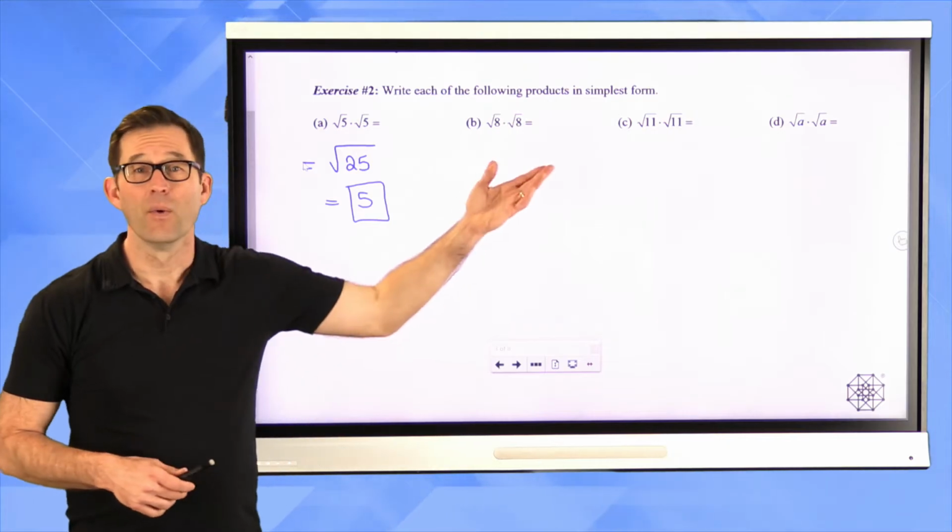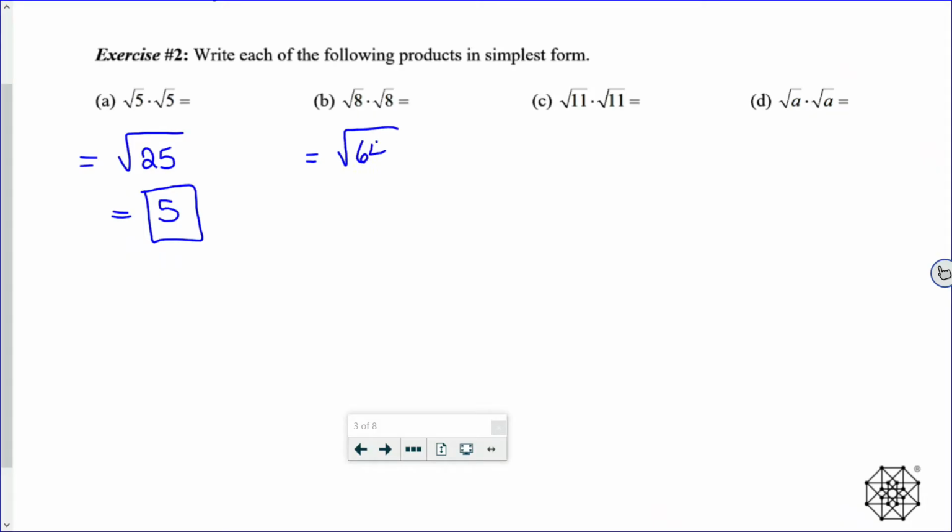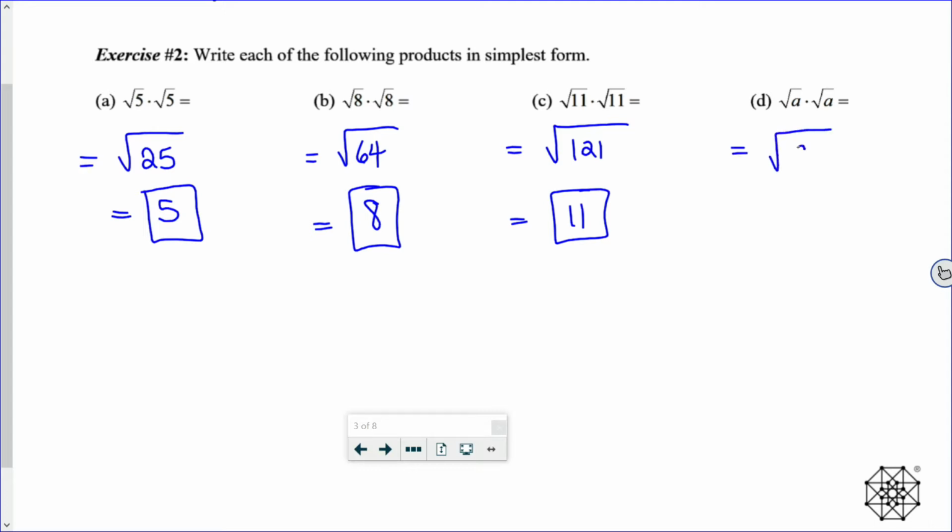All right, well, the square root of 8 times the square root of 8 is going to be the square root of 64, and that's just 8. The square root of 11 times the square root of 11 is the square root of 121, and that's just 11. And the square root of a times the square root of a will be the square root of a squared, and that will just be a,